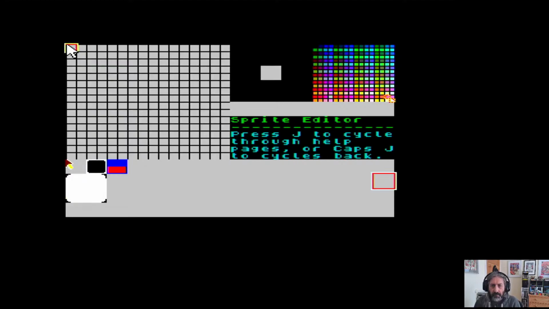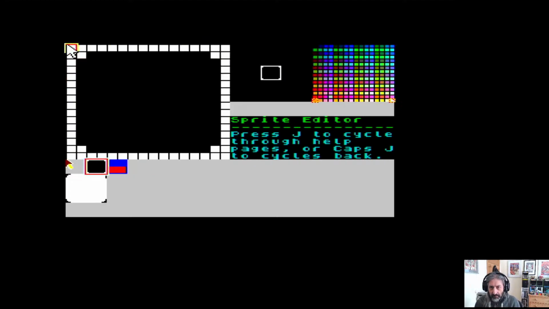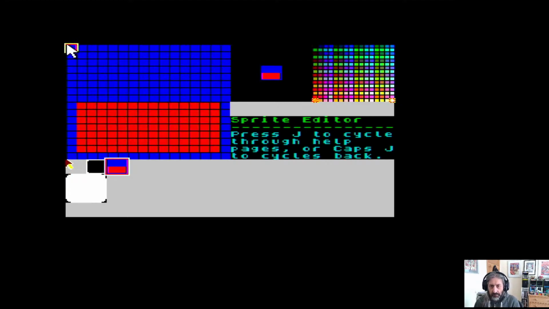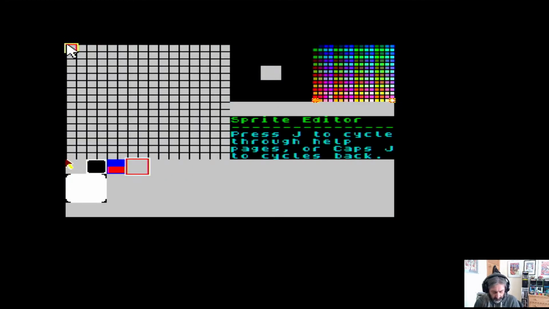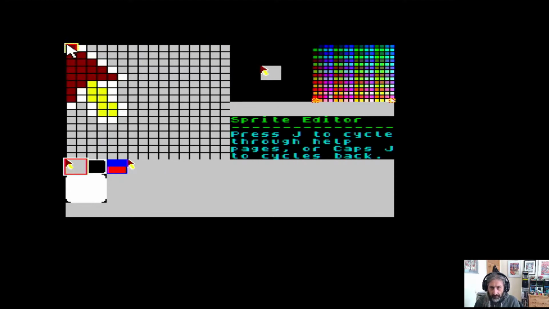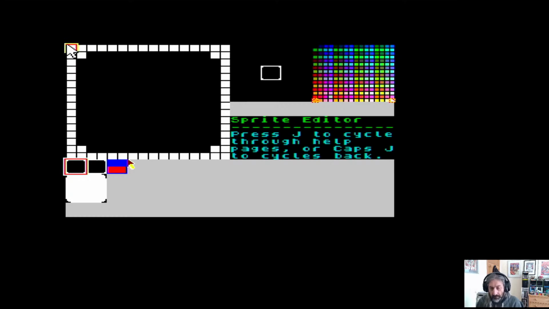Right, and what we want to do is copy that one. Control C to copy, or simple Shift C and simple Shift V to paste. And then what we can do now is copy that in there and then